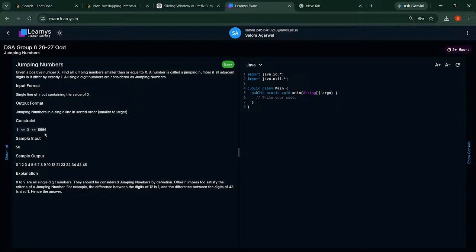Okay, 4, 5, 6 will also be a jumping number, right? Because all the adjacent digits have a difference of exactly 1. Okay, 0 to 9 will be